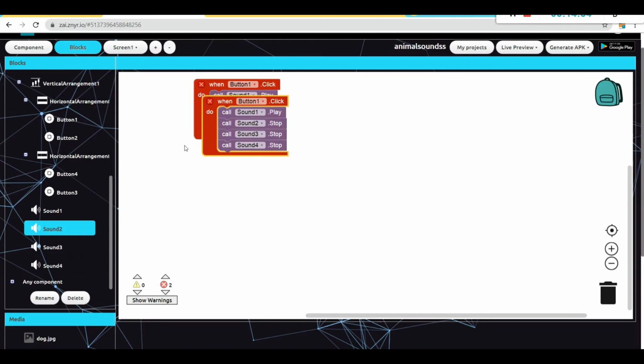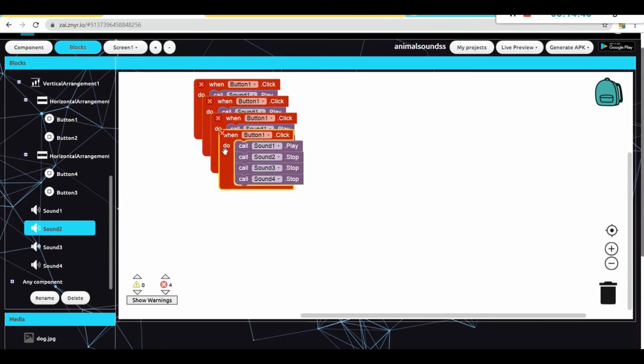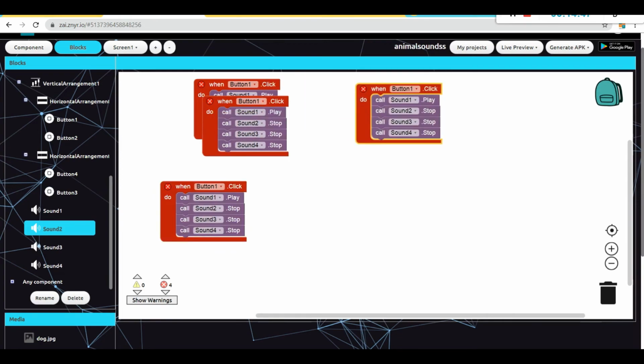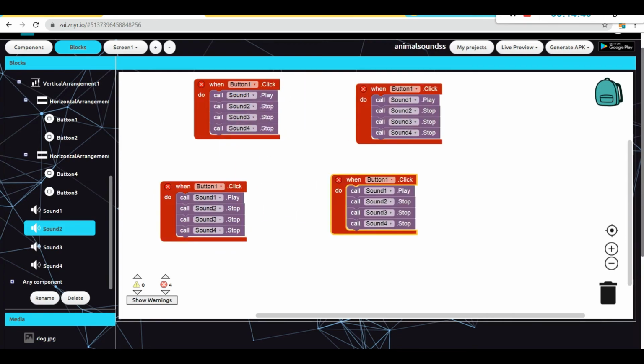Yes, for this I'm making the duplicate, right click, duplicate, duplicate. To make it very visible, I'm dragging each corner.